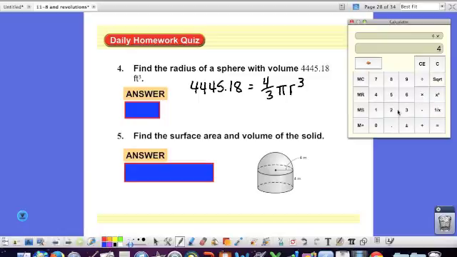So 4 times 3.14 divided by 3 is going to be 4.187 R cubed, 4445.18. So I'm going to do 4,445.18 divided by 4.187 gives me